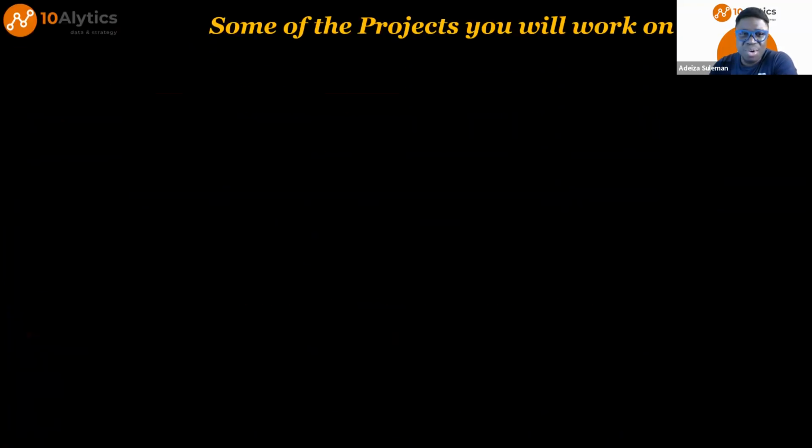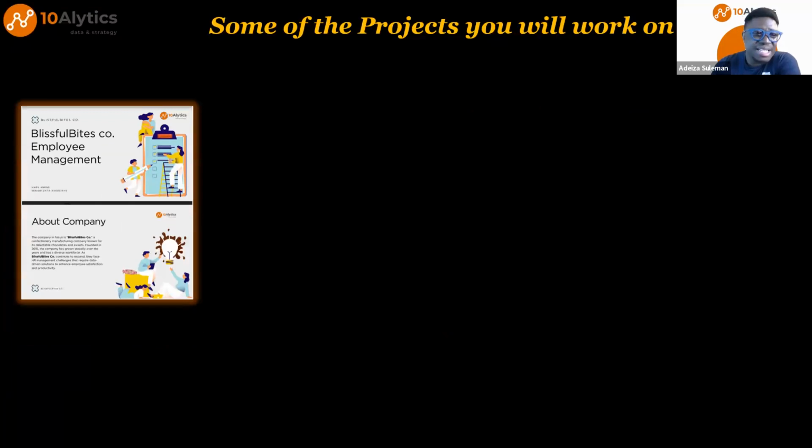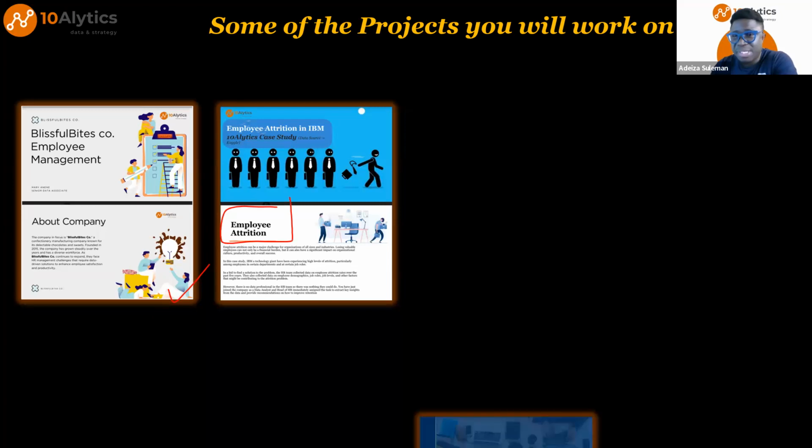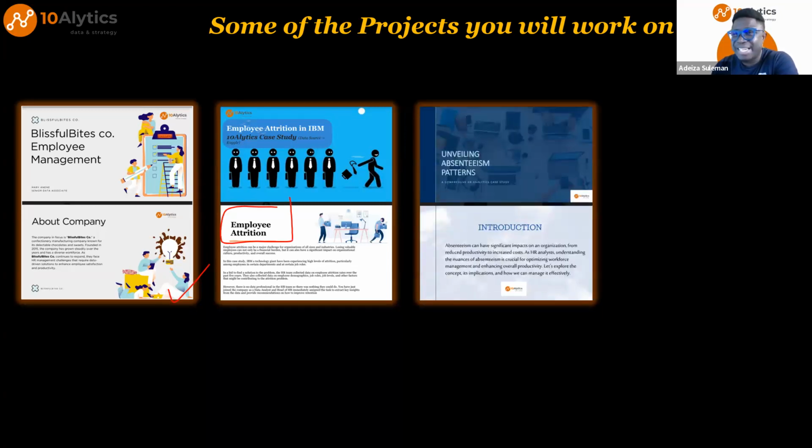And some of the projects you would work on, like I mentioned, fantastic projects. These are an employee management case study you'd work on using Power BI and Excel, HR attrition, employee attrition at IBM. You'd also help them solve an attrition problem that they have, building amazing dashboards, unveiling absenteeism, an organization that has issues with absenteeism. How do you analyze and even get the data sorted out, get the problem sorted out eventually? Your data is going to be gotten from an attendance tracking system.